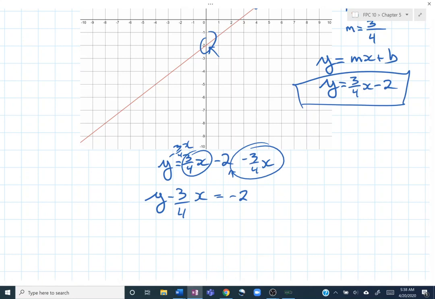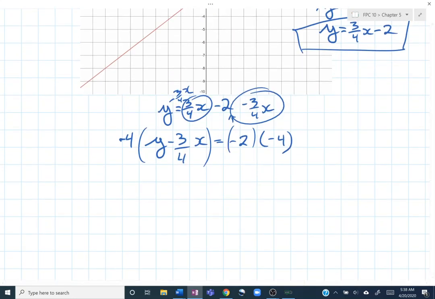So I'm going to show you guys a bit of a trick. In order to get rid of the fraction and make it positive all at once, to get rid of the fraction, I'm going to have to multiply by its denominator, which is 4. But then in order to get rid of the negative, I can also multiply by a negative. So if I multiply everything by a -4, it should, in one step, turn it to a positive and get rid of the fraction. If you want to keep doing it in 2 steps, feel free to do it. But if you understand what's happening and you think you can replicate it by yourself, try doing it in 1 step. I end up with a -4y